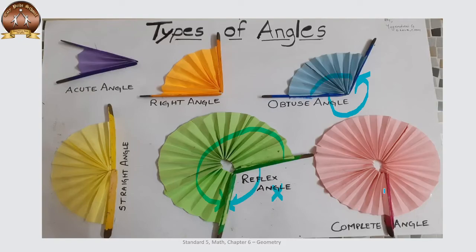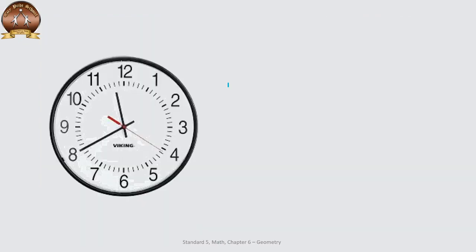Marking of the angle is done using a curve, a simple curve having an arrow. Even if you mark it without an arrow, it's correct. This is the way we mark the angle. So this paper represents how the marking of these angles should be done. You all can perform this activity at your places.